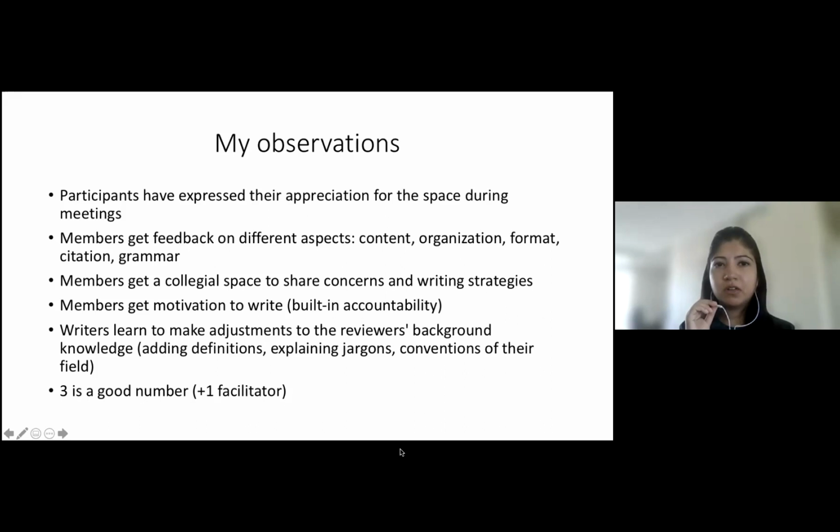Many times students will get an opportunity to brainstorm different ways to do something. So they will ask each other about formats, if they're learning to use a software. The other person would say, oh, I've done this in my class, so you can use these resources. So they'll get an opportunity to share that with each other.